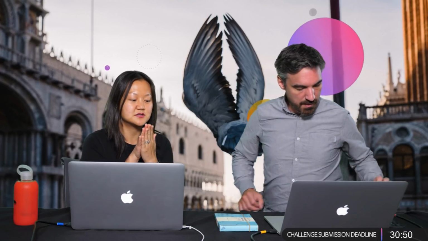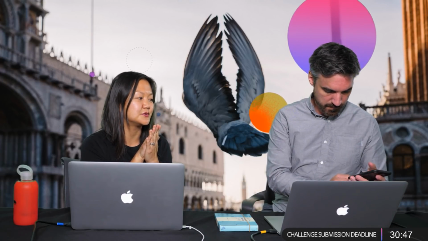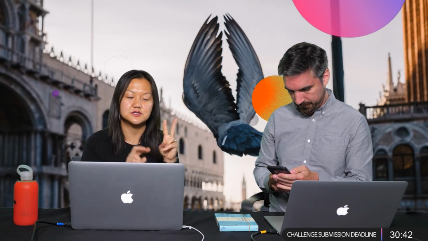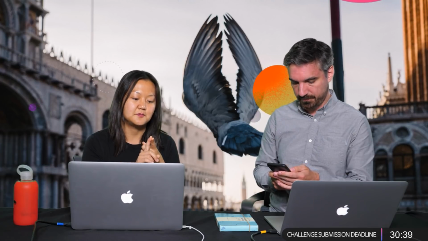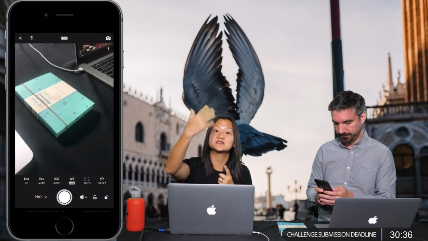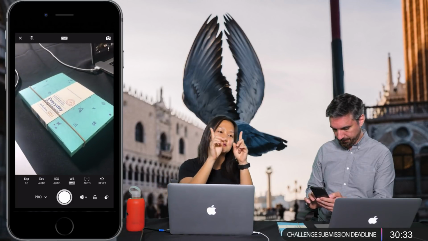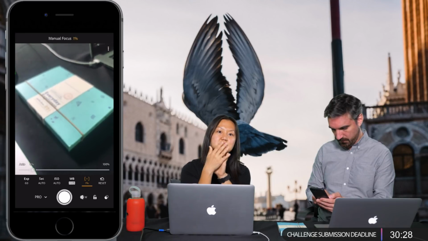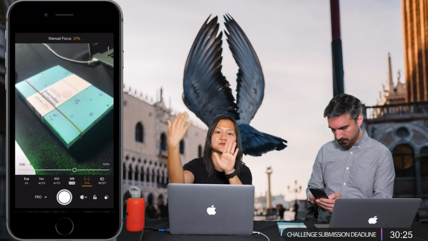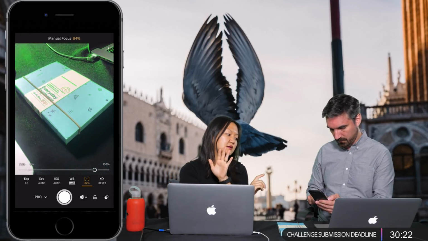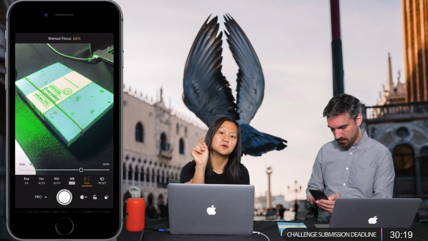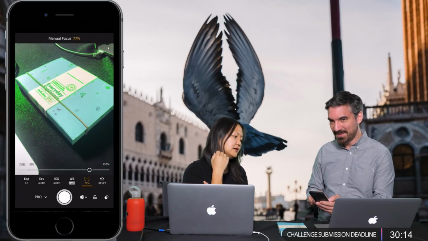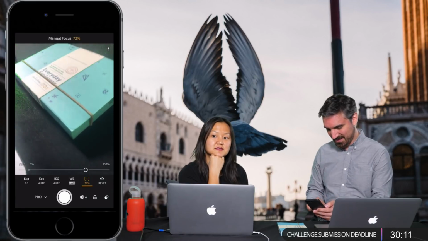So there are certain situations where it's really hard to focus. For instance, this is a classic iPhone challenge. Two things that I always think of: one is trying to shoot a spider web where there's stuff going on behind it. It's so fine that it's really difficult for your phone to land on the correct focus. So usually when you're trying to photograph a spider on a spider web, it keeps focusing on what's behind it. So in Lightroom, because you can control your focus, you can pull your focus to exactly where you want it to be on that spider. And you have the green dots. The green shows you what's in focus.